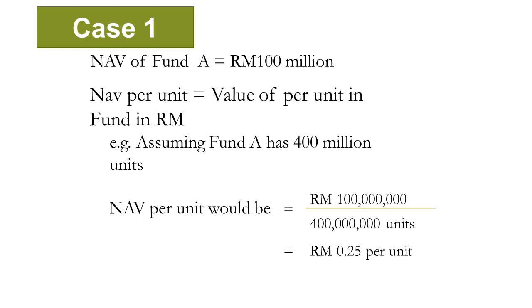If you use mathematics, you cancel off the units value, right? The ringgit per unit is still there. So this is how you remember how to calculate. Sometimes you get confused: is it units divided by ringgit, or ringgit divided by units? Just understand what the unit price is, ringgit per unit. So you take your 100 million ringgit divided by 400 million units, you get 25 cents each unit. Okay? That is how I remember the formula. Which way to divide? Just follow the wording. Ringgit per unit, ringgit divided by units.